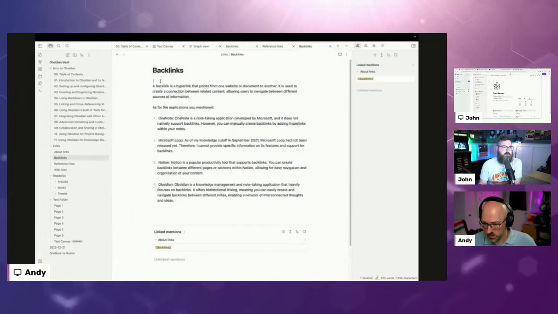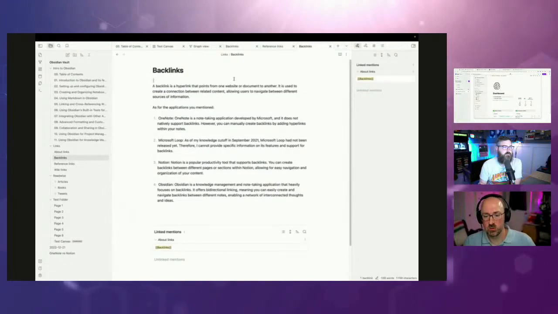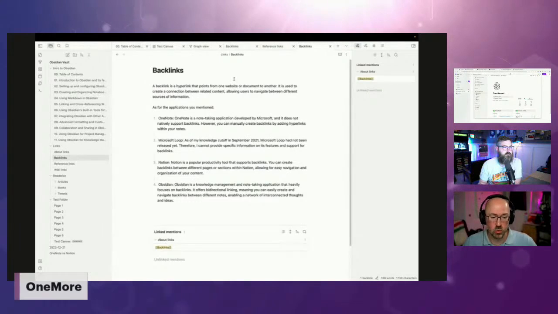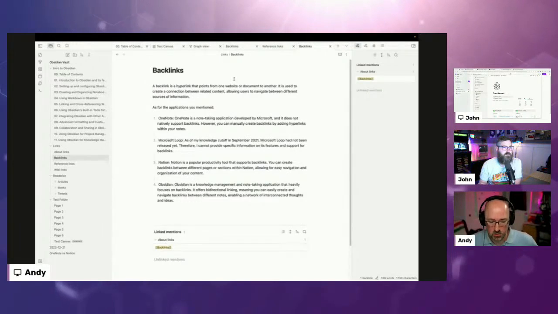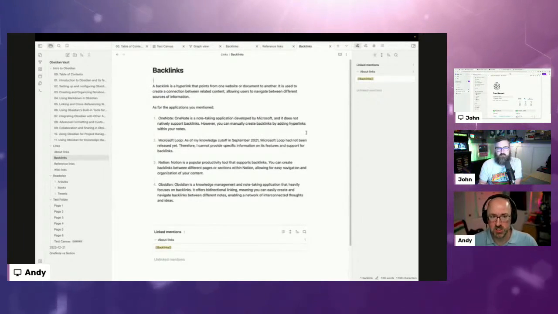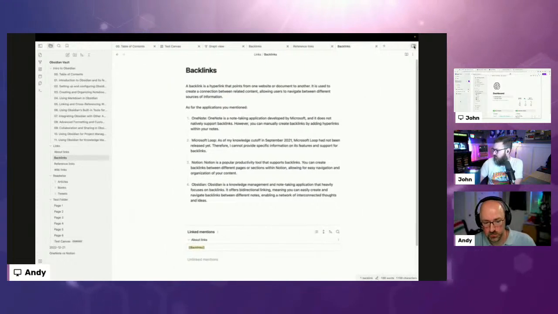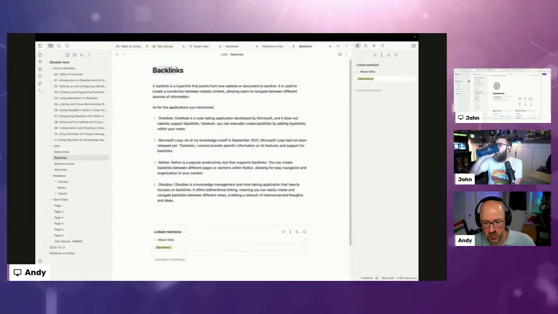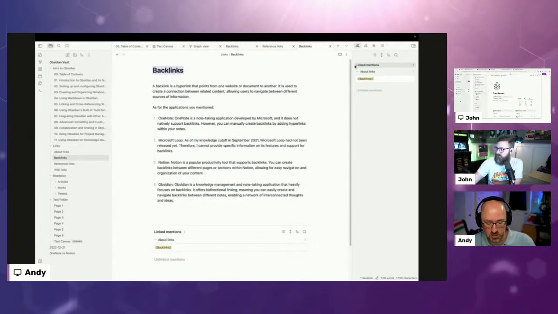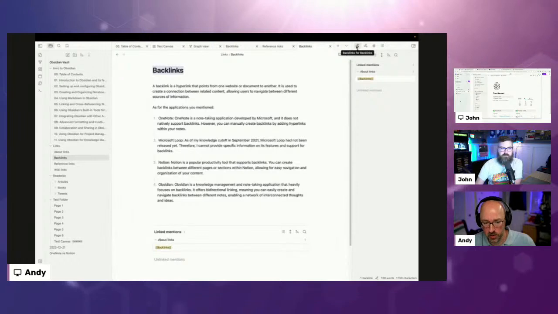All right, so backlinks. This references one thing to another. When you do a backlink, it's basically saying that this thing is referenced or linked from somewhere else. Obsidian does that by default. In the upper right hand corner, if this page is being linked from something, it's going to show me a backlink. So it's going to show me the backlinks for the page that I'm on.